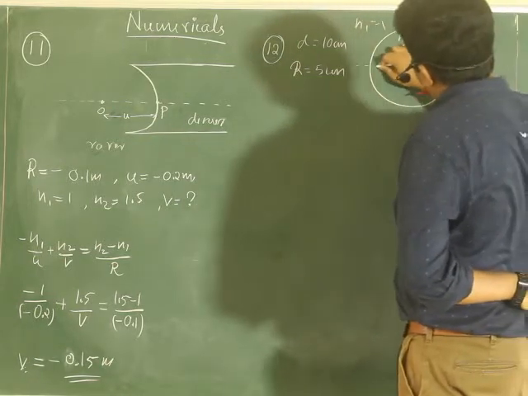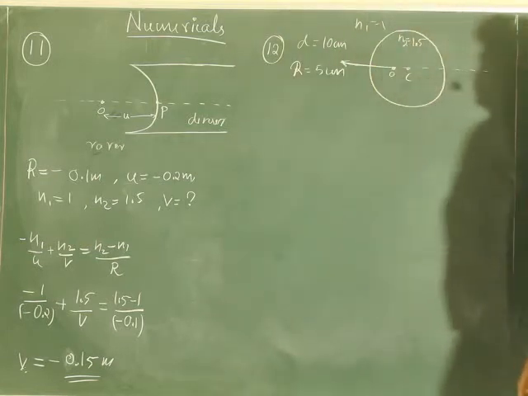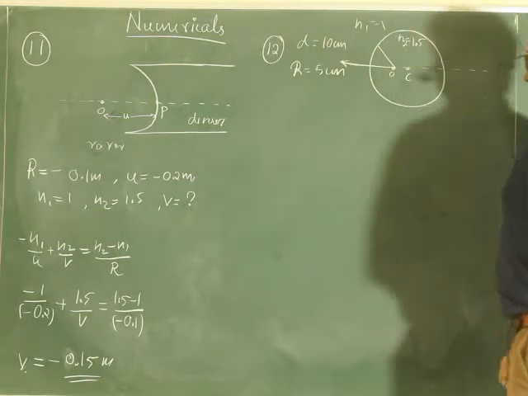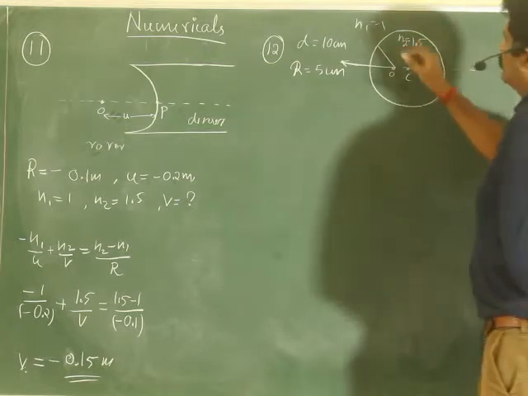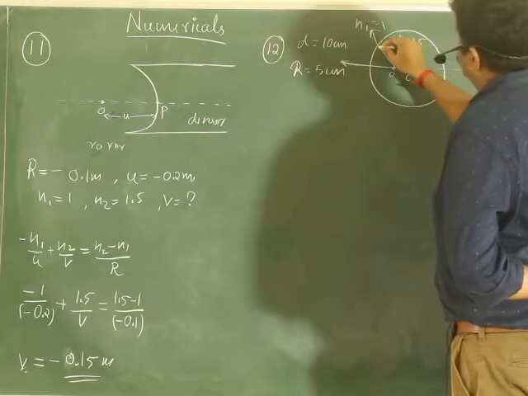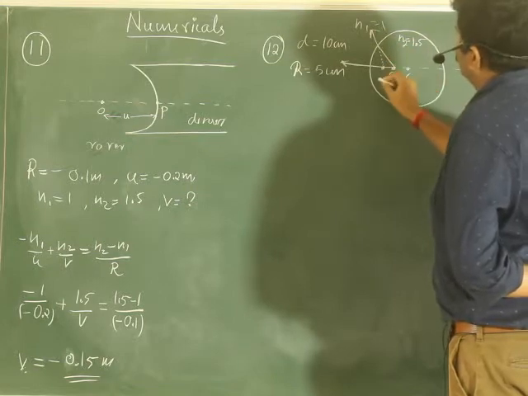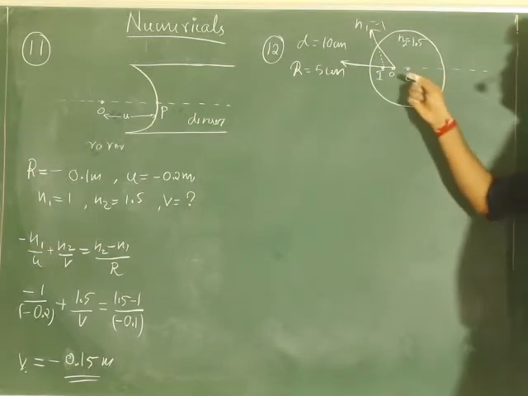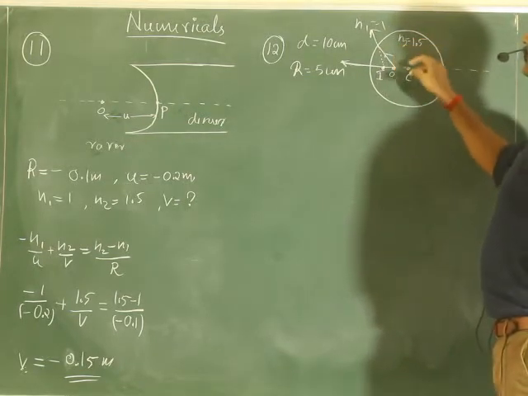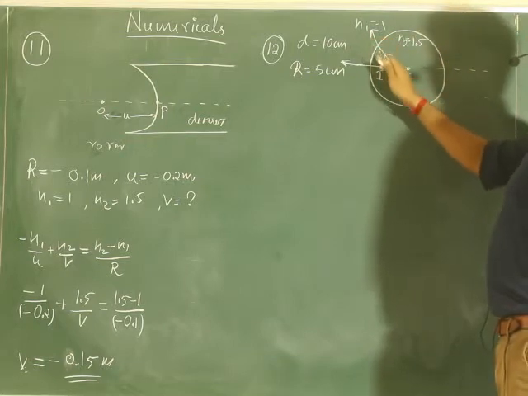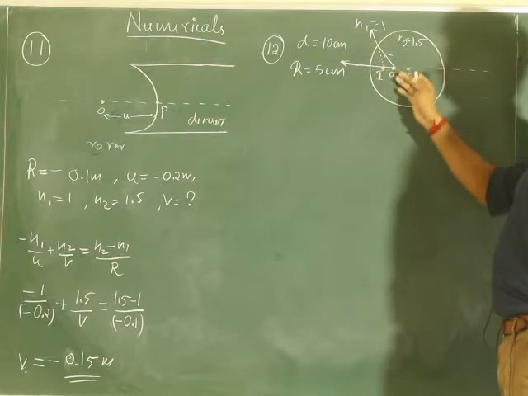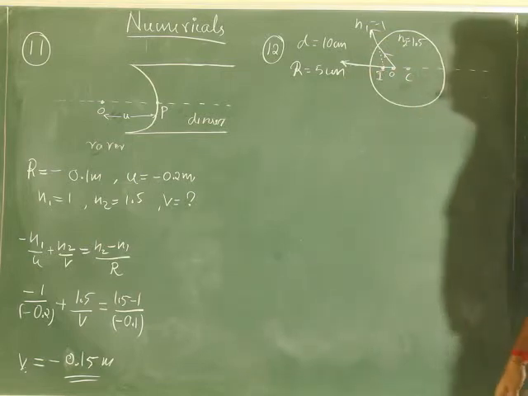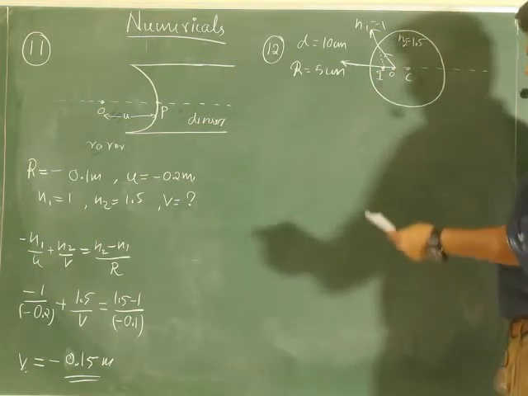Now what happens here? From this bubble, one ray will go along the principal axis. One more will go like this. So it goes from denser to rarer medium, so it bends away from the normal. There will be an image formed like this. The ray of light bends away from the normal, so it looks like the image is somewhere here. Just like the normal shift concept, the actual position is here, but it looks like it's somewhere here. Correct? So let us apply the given data.